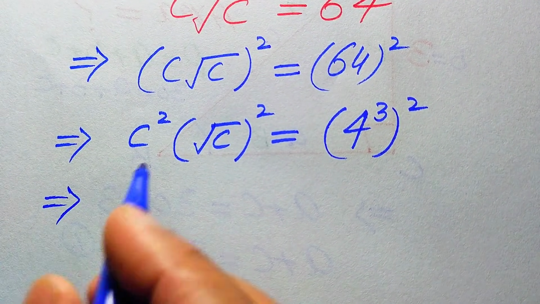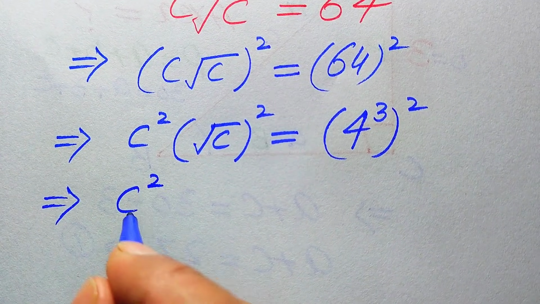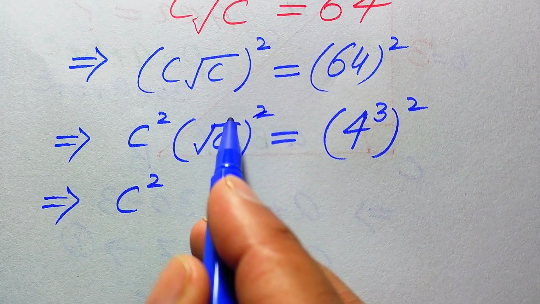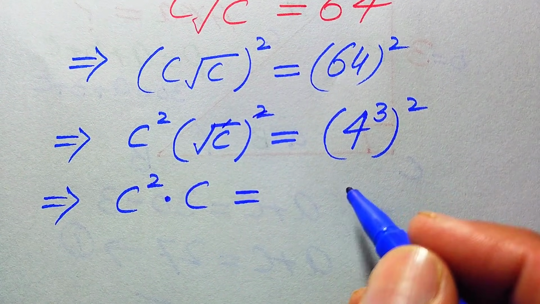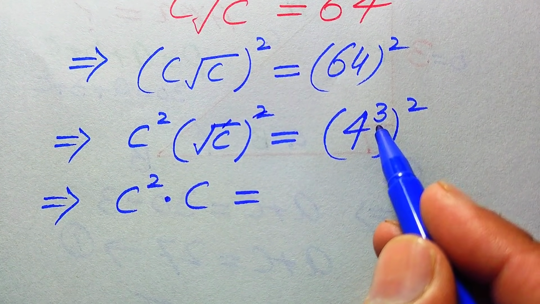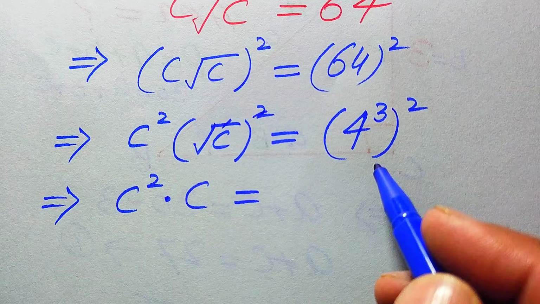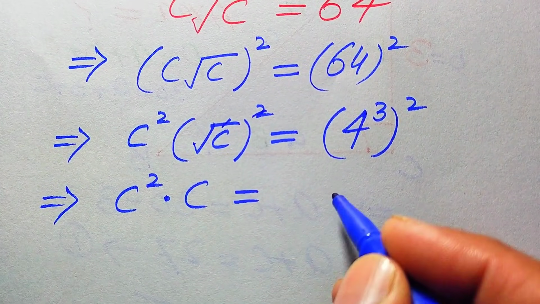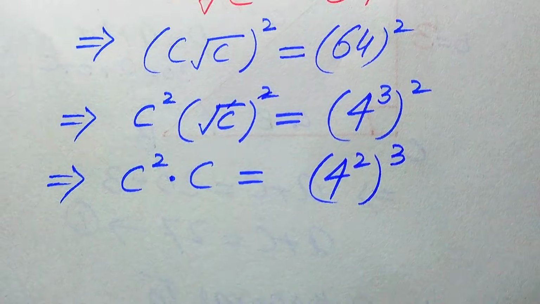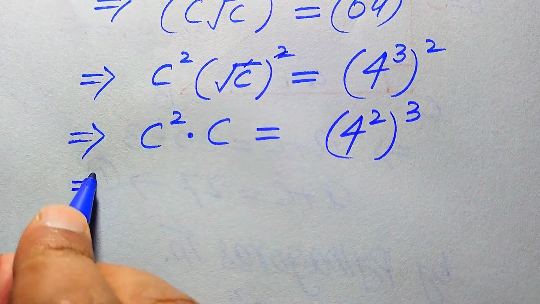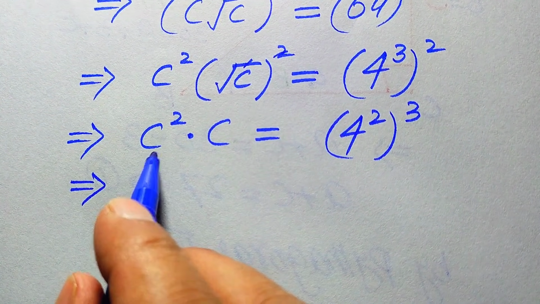And now in the next step we need more simplifications, and it will be written as c squared times, here the 2 and square root are gone and we get c only, and this is equal to, here we need to interchange both of these two exponents, and it will be written as 4 squared and its whole cubed. And now further we obtain c squared times